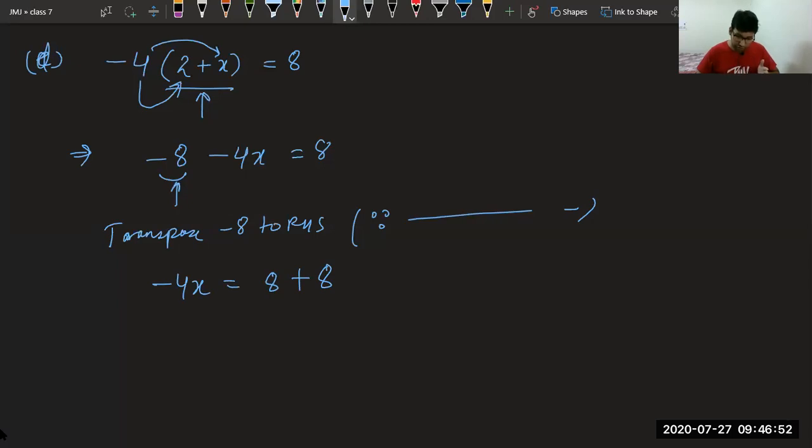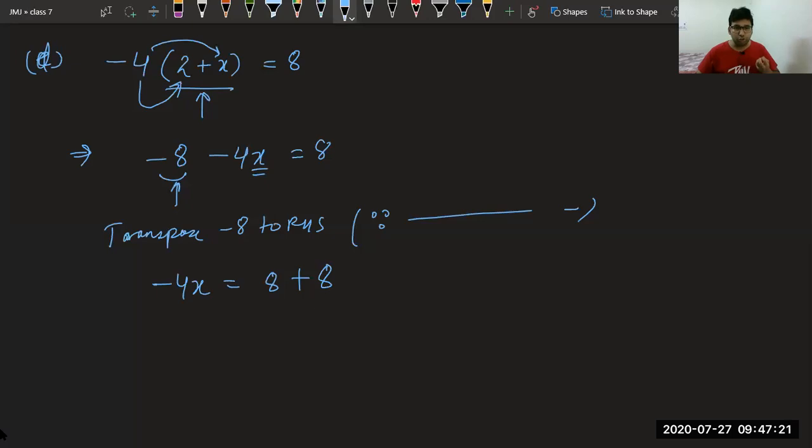Lavya Goyal: Sir, minus 4x should be transposed first. No beta, the variable will remain at its own place. We want to find the value of the variable. That is why we have to keep the variable on its own position, and we will try to make it alone. Lavya, I hope you are getting this. We cannot move the variable here and there, or we can move, but it is not required. Okay, we have to keep the variable fixed on that side.